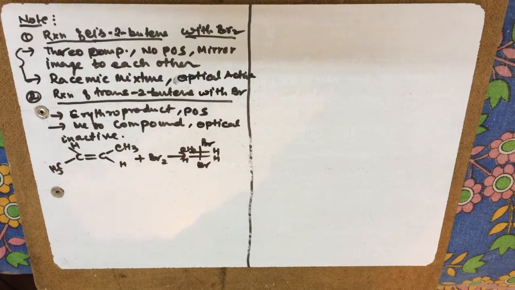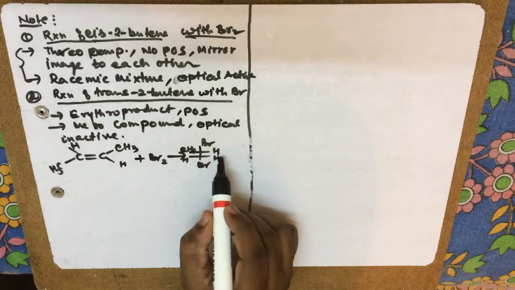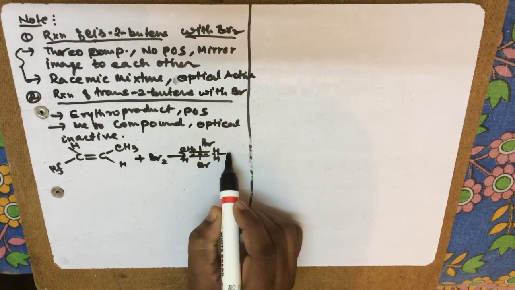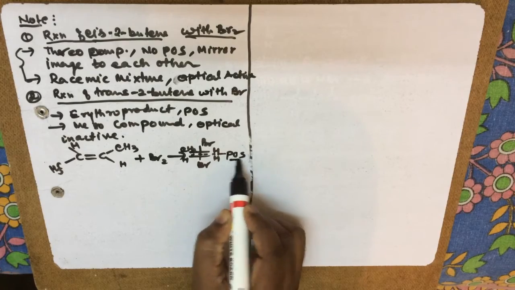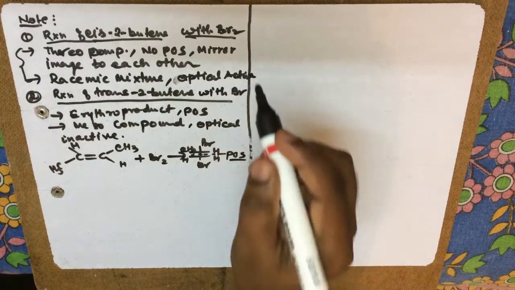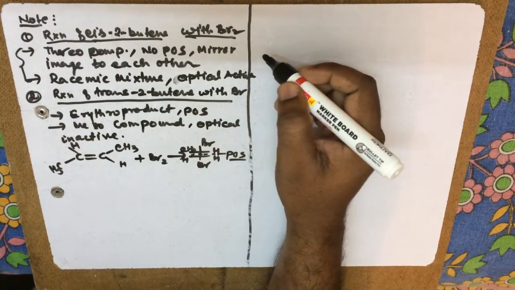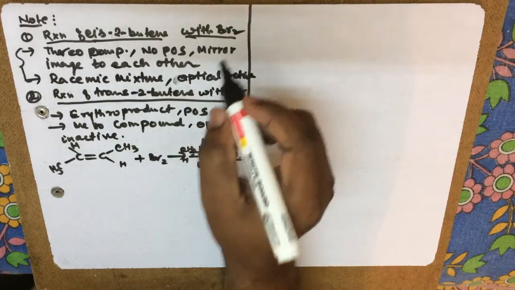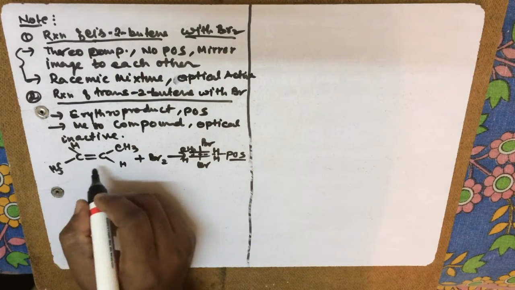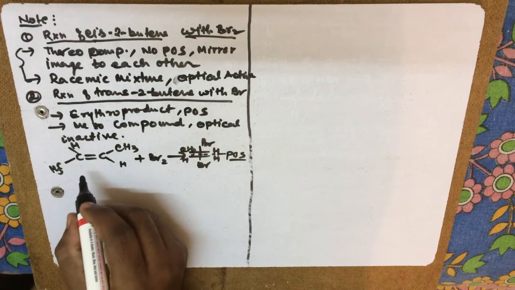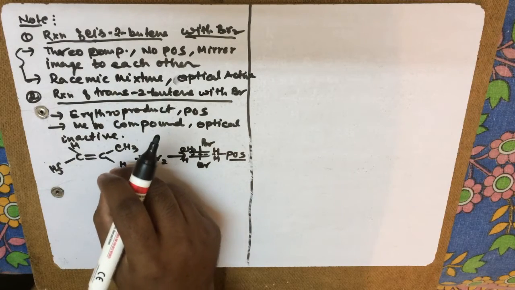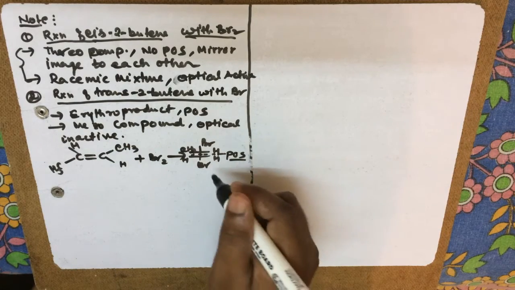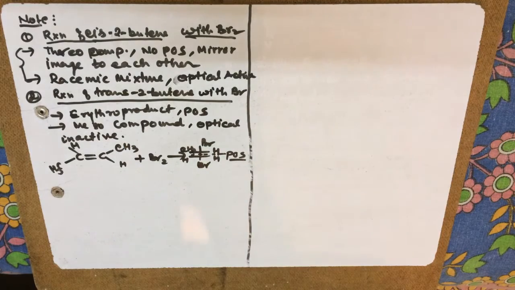Okay, here is a plane of symmetry, and similarly here also. In this condition, your both hydrogens will be above and this one down, your product will be the meso compound. Okay,